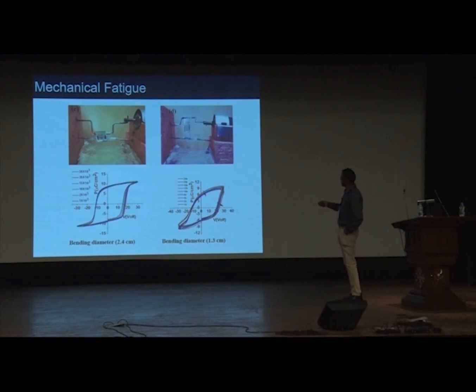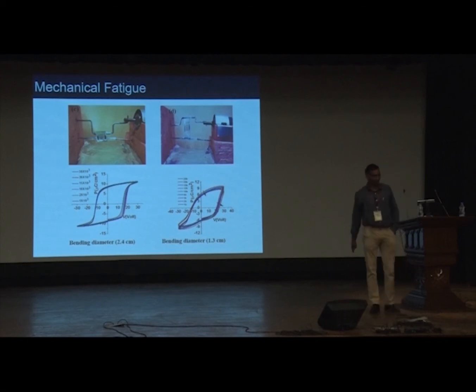So what we did was we fixed one end of the memory here, fixed another end here, and then rotated this motor. So it goes up and down. And we could change the distance so that the bending radius got changed. It has all been painted in pink because the girl student was working on it, so she painted it all pink. So you can see that when the bending diameter is 2.4 centimeter, 2.4 centimeter bending diameter is a very